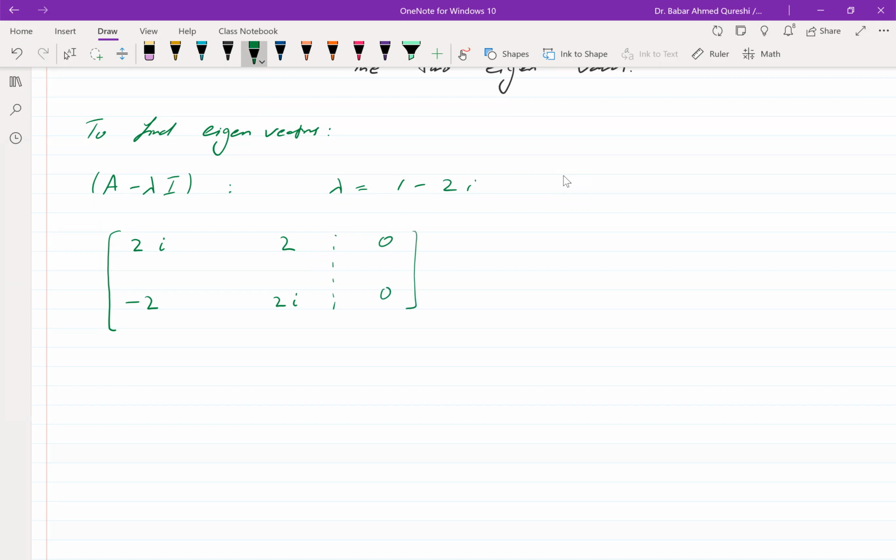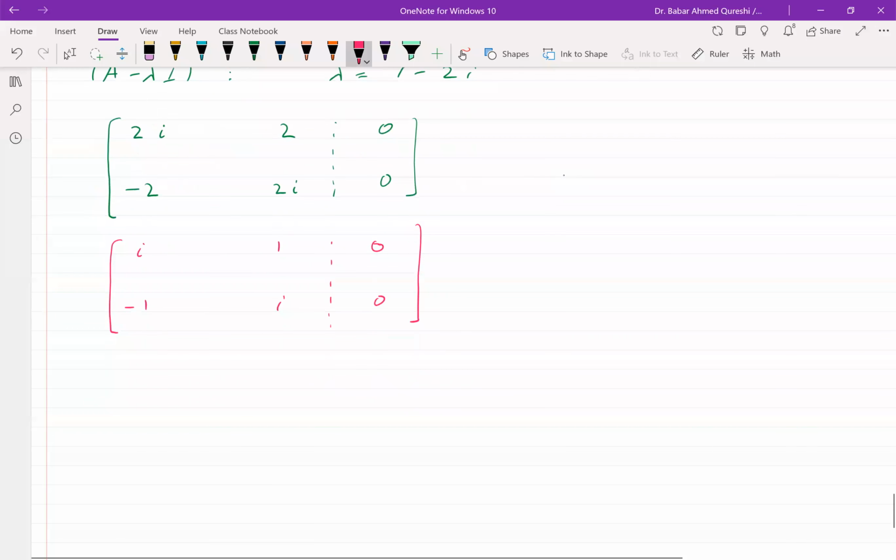Zero, zero. Now I can multiply by a half throughout. That's an allowed operation. Multiplying each row with any number you like. Now it's just that I'm dealing with complex numbers, nothing more complicated. Everything else remains the same. I want to bring it to echelon form, so I want to bring